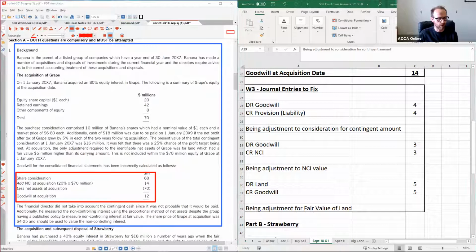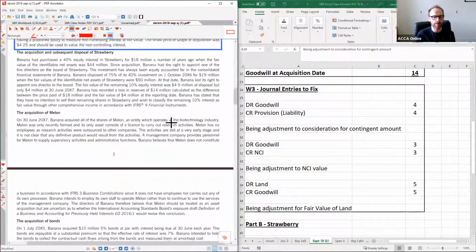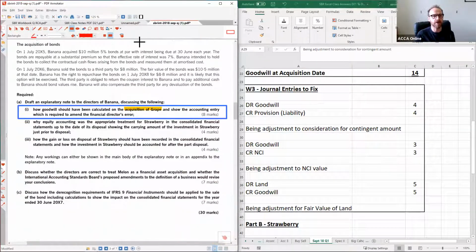Right, okay. That's the first part. That's the first requirement. The second requirement here is